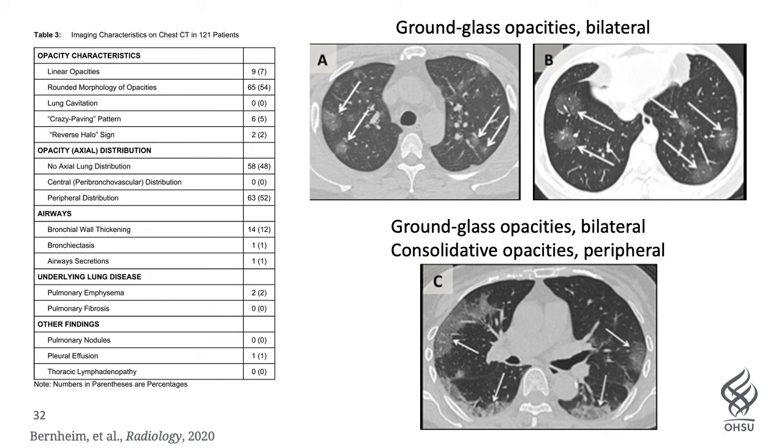On the bottom, we see a lung CT scan from a patient that is affected both by ground glass opacities, which are bilateral, again, being on both sides of the lung. But in this lung CT scan, we also see consolidation, or consolidative opacities. This term consolidation refers to the filling of pulmonary air spaces with fluid or other products of inflammation.